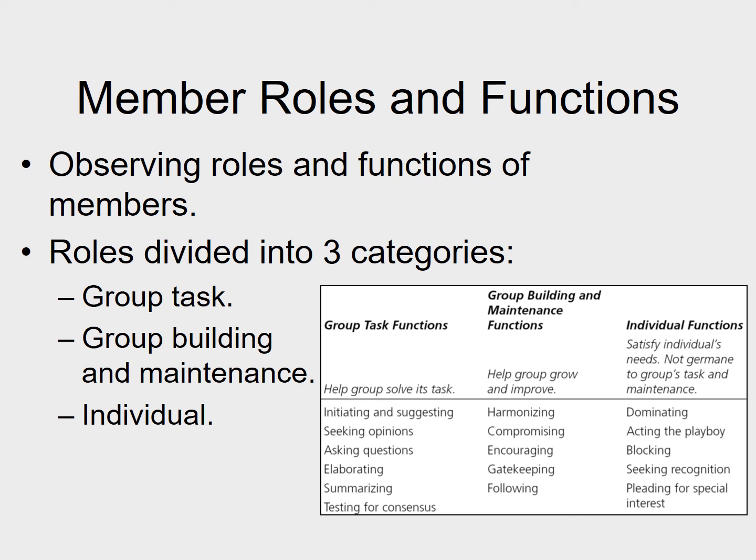Gatekeeping actually is someone that is involved in a social role, but what they're mainly doing is they're actually trying to be in between the leadership of the group and the rest of the group. They're trying to become a gatekeeper and also just following along. So again, these are not hard and fast roles, but what I mean by that not being hard and fast is there's going to be some overlap. We're really wanting to look at, though, when we're doing a role analysis of a group, is where does each person fall as far as the majority of their behaviors, and are any of those behaviors hampering the advantages of a group?